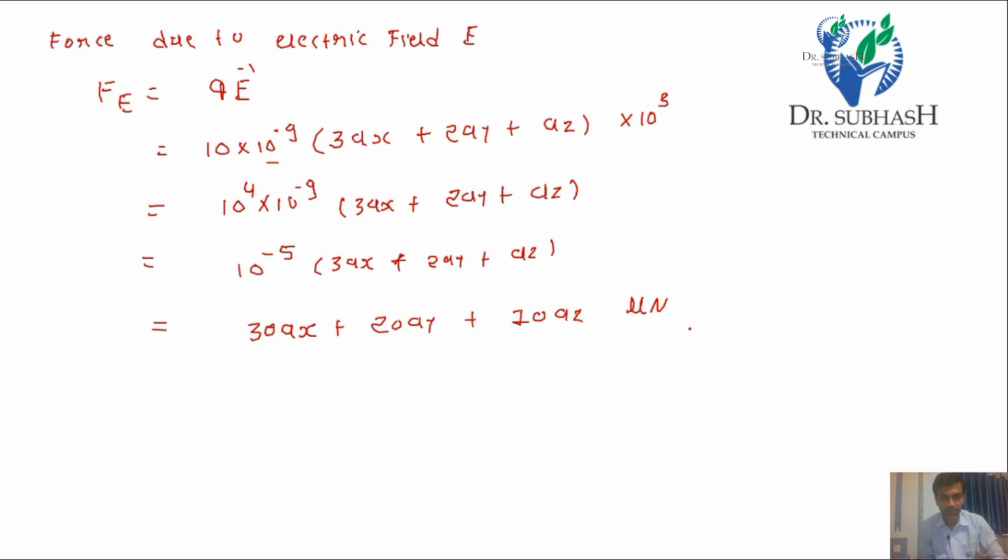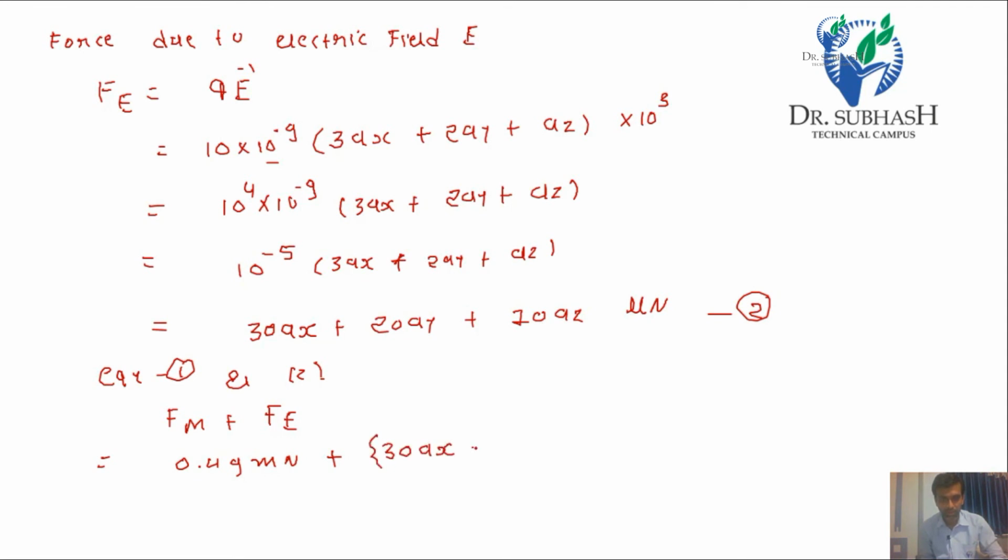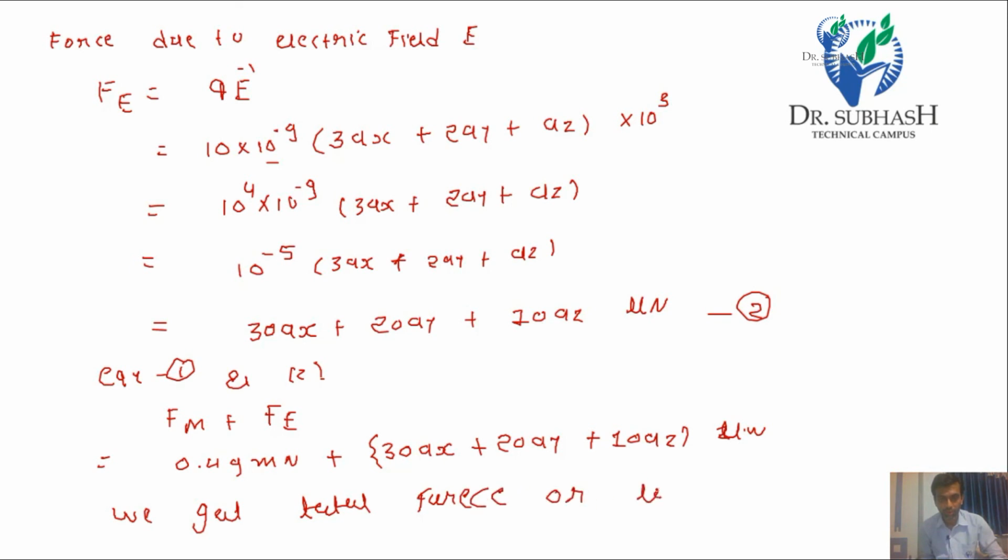If we combine equation 1 and 2, force Fm plus Fe, the force due to Fm is 0.49 plus 30ax plus 20ay plus 10az, we get the total force or Lorentz